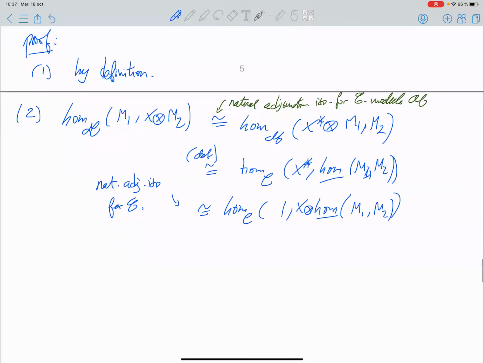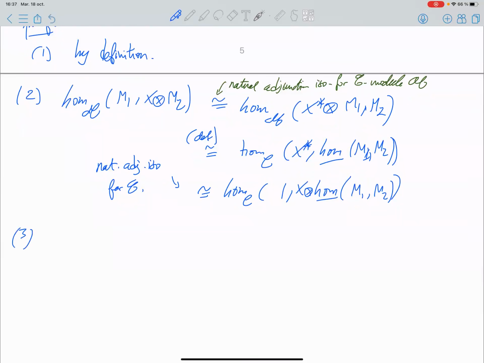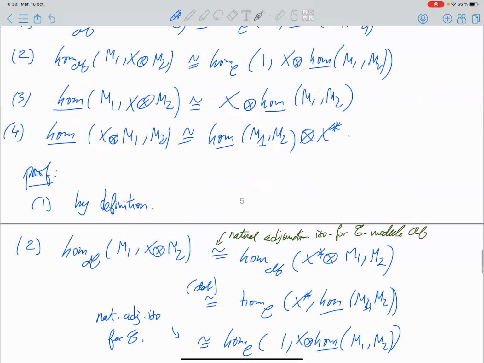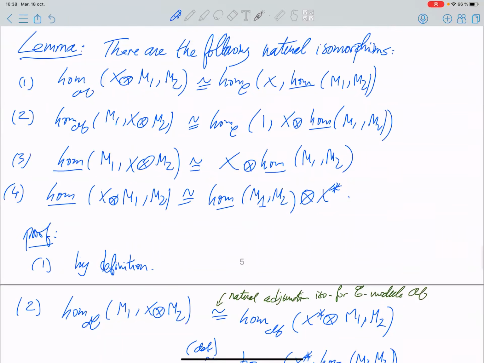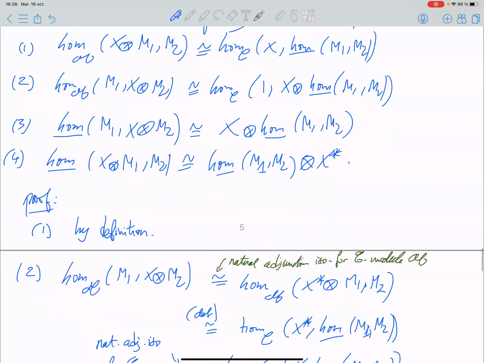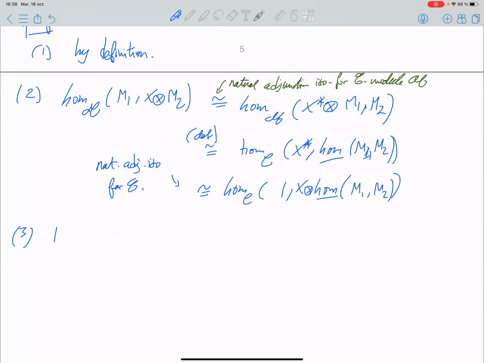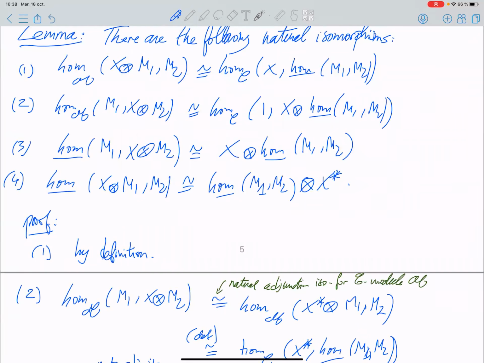So it's completely okay. Now, the third point will be very easy, but this needs a trick coming from the Yoneda lemma. By Yoneda lemma, we want to prove that. And in fact,